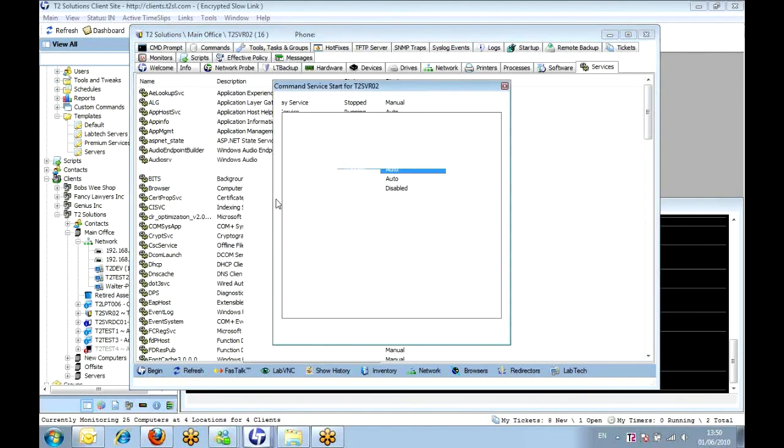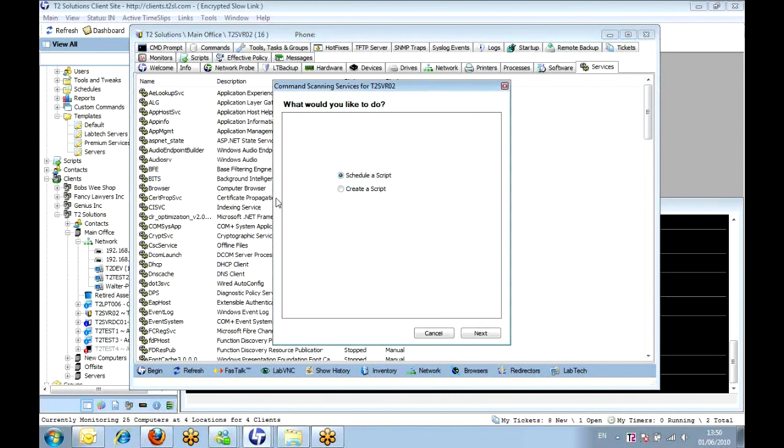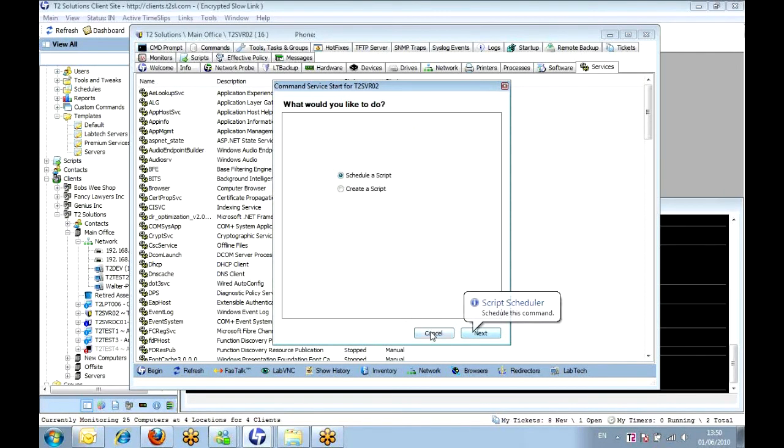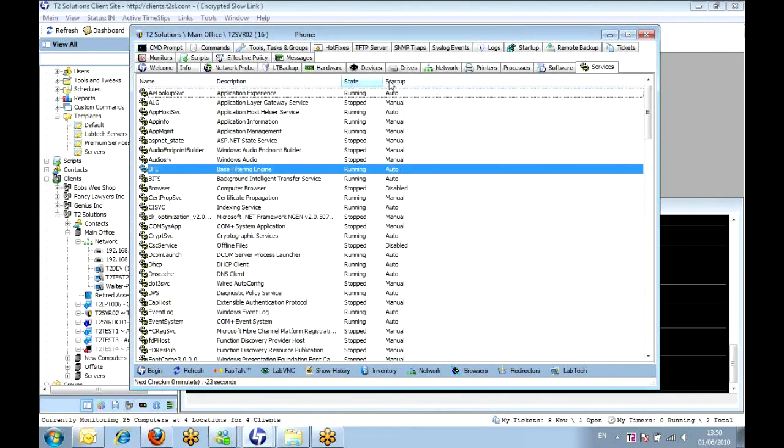make sure I'm holding down shift this time, we get a prompt. So it's taking what it was doing in the back end before, and we'll actually want to create a script to do this. Okay, what we'll do, we'll give it a name. So when you want to do this, we've done it twice. So we've got a lot of scripts, and now we're actually creating a script that will do this, and then